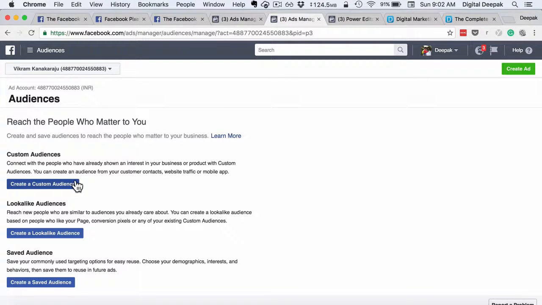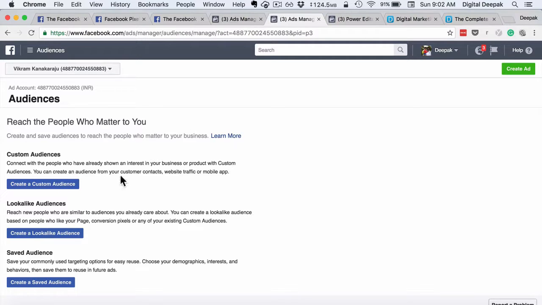So lookalike audience is basically a feature where Facebook takes into account a lot of different information available in your account, and it goes ahead and creates audiences which are similar to your audience. So let's say you create a custom audience, and then you can create lookalike audiences based on your custom audience.